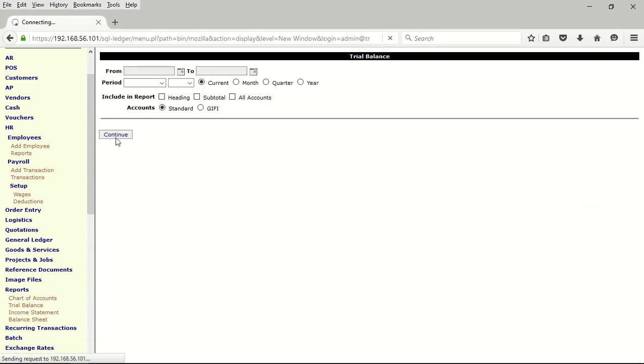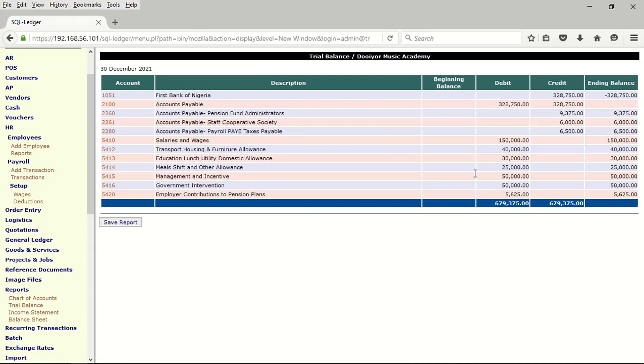Trial balance, continue. You can see that from here, first bank account has been credited, the money has been deducted from there. All the other accounts, the pension fund is here, the staff cooperative, that is the amount that this person has agreed should be deducted and paid. His PAYE is here outstanding. This is the details of this. This has been posted